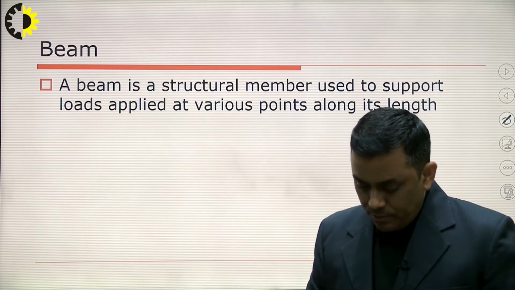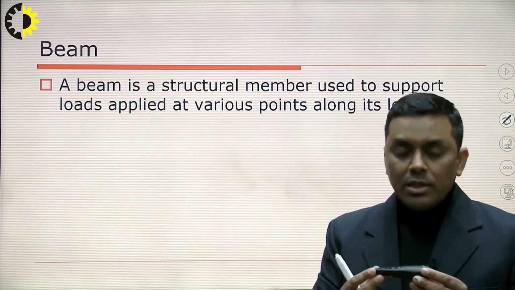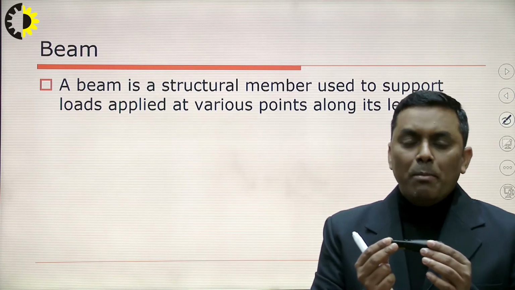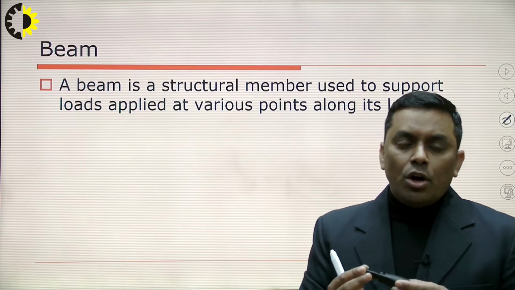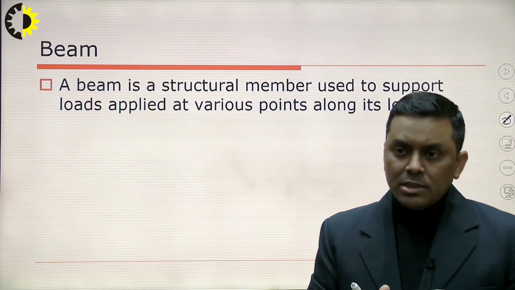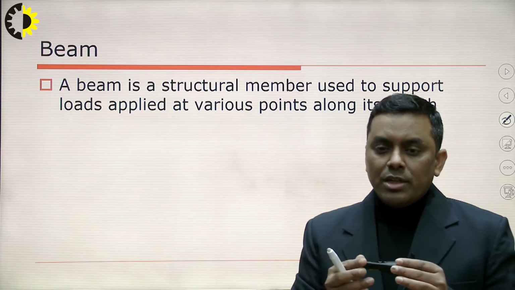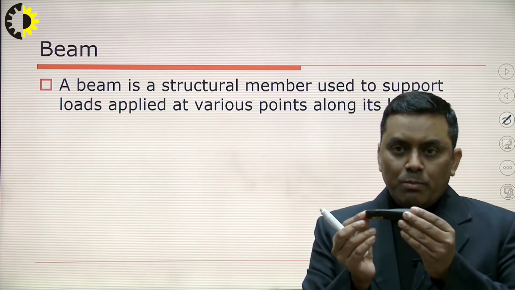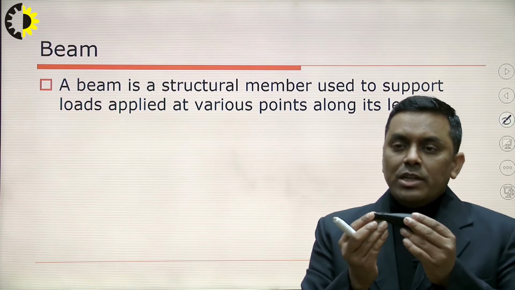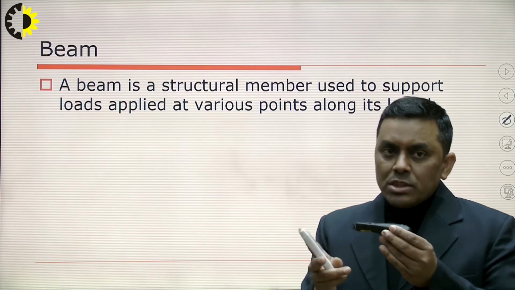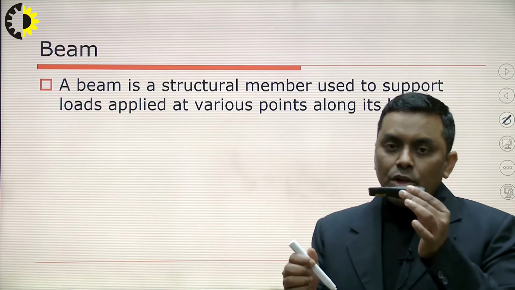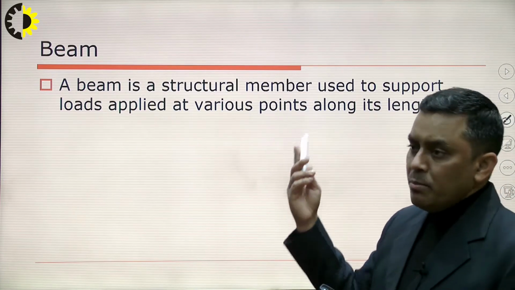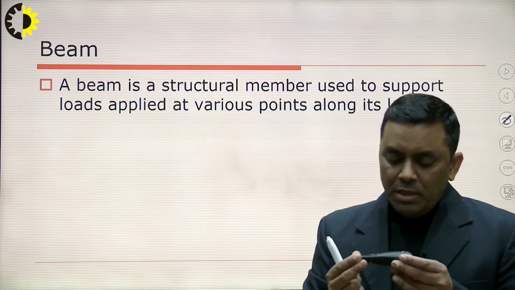The very first question which will be answered here is: what is a beam? A beam is a horizontal structural member. It means if we are considering any structure, the member of that structure which is horizontal with respect to the plane. A beam is a horizontal structural member which supports transverse load. Structures are generally made for supporting load, and the beam is one of them.